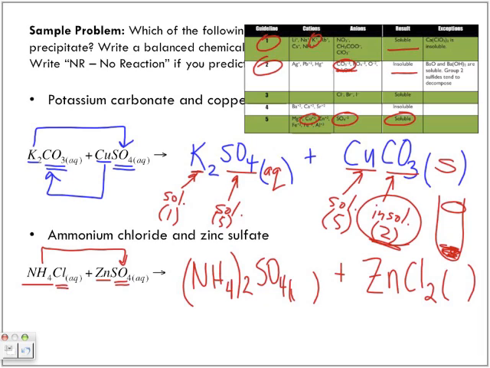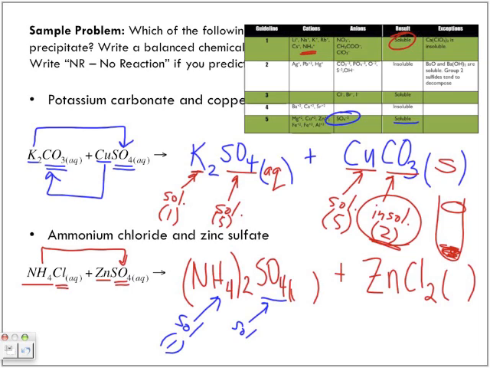Now, we look for ammonium. So let me just clear off some of this chart here so we can see it. We look for ammonium, and we have ammonium right here, and it's soluble. Let me use a different color. So soluble, and it's guideline number 1. We look for sulfate. Sulfate is down here, also soluble. So because it's soluble, and guideline 5, soluble,